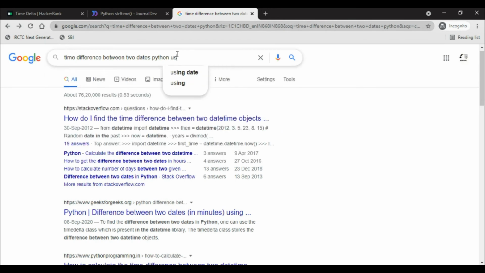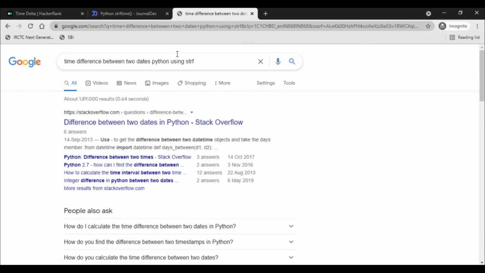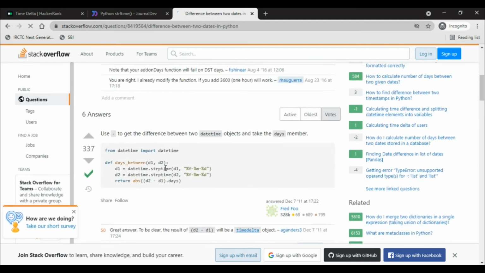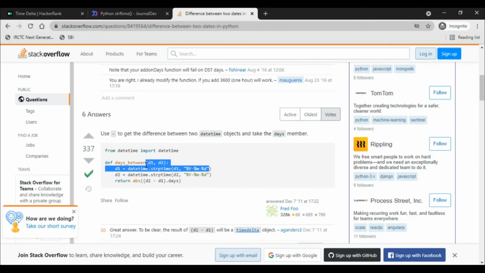Using strftime. Yeah, this is what I was looking for. So import datetime from datetime. Okay, that is how you import. And strptime, strptime.